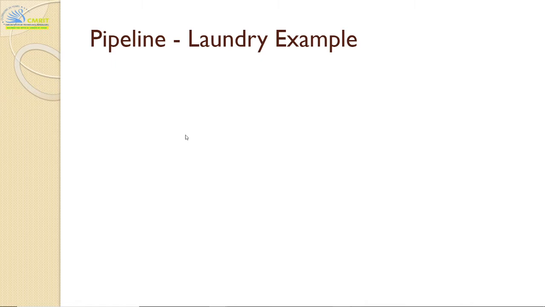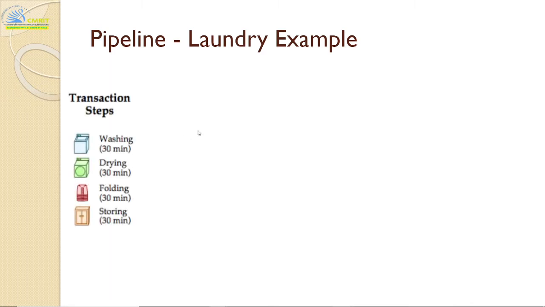So what is pipelining? Pipelining we briefly saw in one of your earlier modules. I think in module 2, we saw an introduction to pipelining. So we will just take a simple example of laundry. If you take the different steps in laundry, it consists of four basic operations: washing, drying, folding, and storing. So you can have the entire end-to-end laundry process as this.